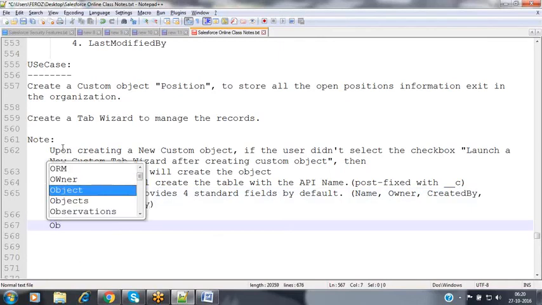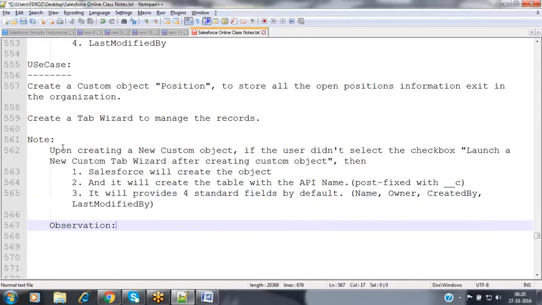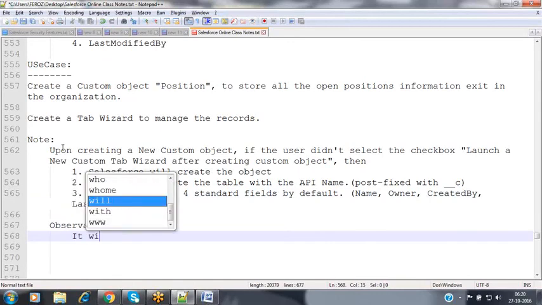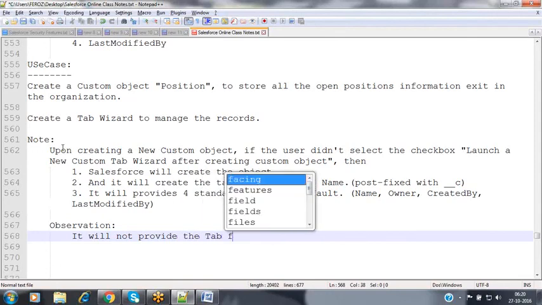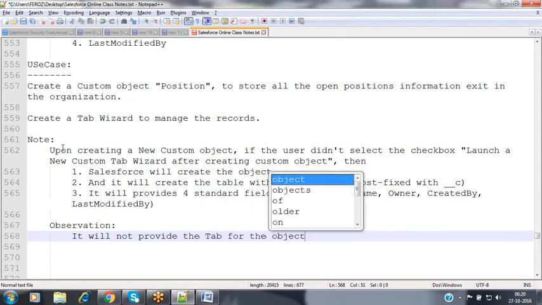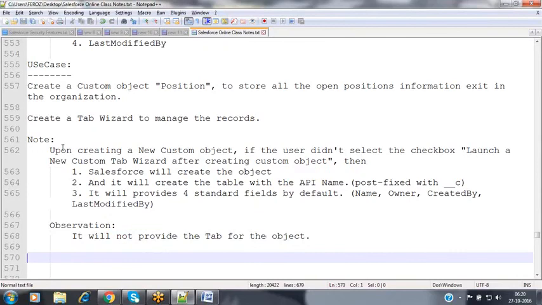And the observation is, it will not provide the tab for the object. Then how can we create the tab? Now we'll see practically here.